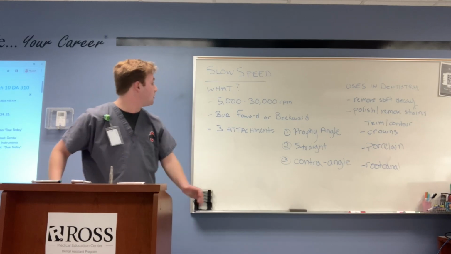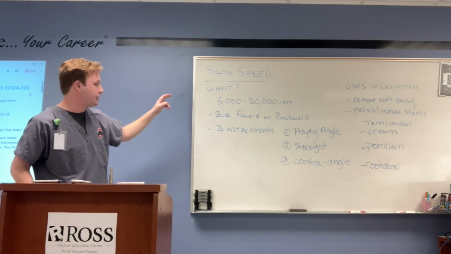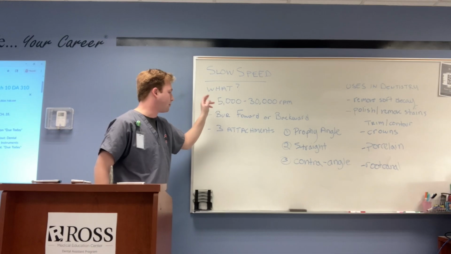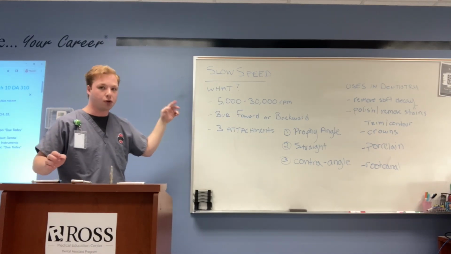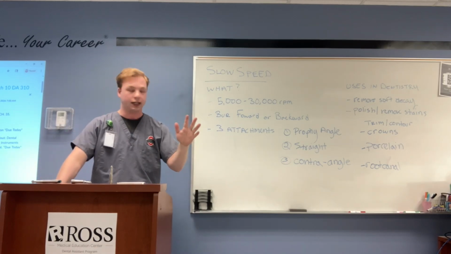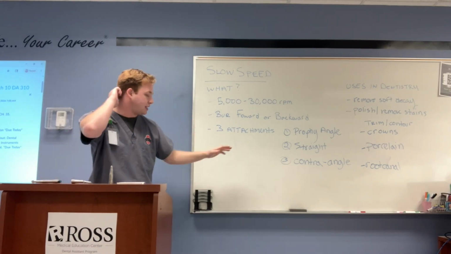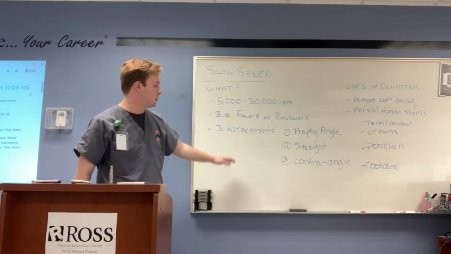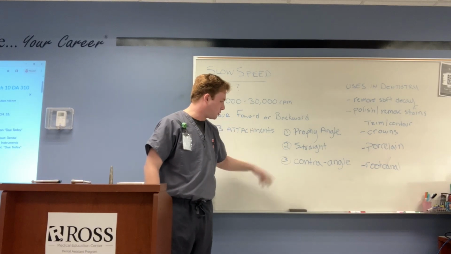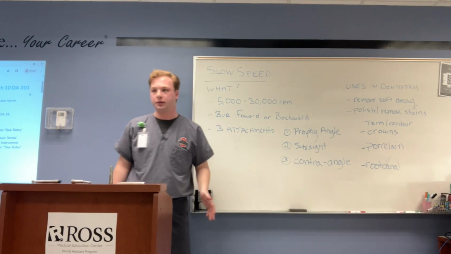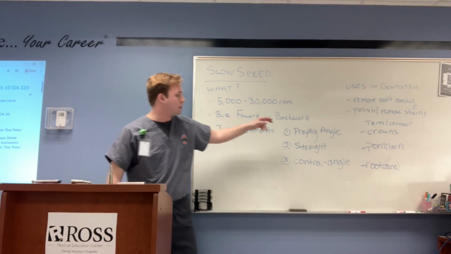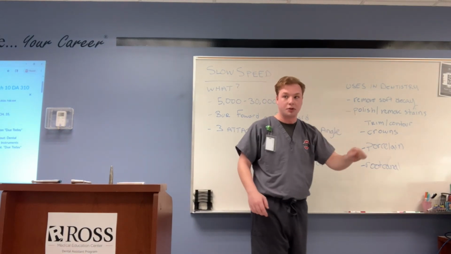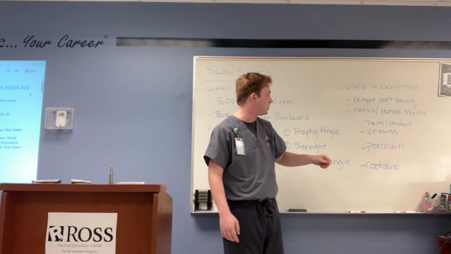So, the slow speed, what is it? It's a handpiece that can go from 5,000 to 30,000 RPMs. You can adjust it so it goes forward or backward depending on what you're trying to cut. And we've got 3 attachments that are most commonly used: the prophy angle, the straight attachment, and the contra angle attachment. The clinical uses of this handpiece: to remove soft decay after usually a spoon excavator is used, and